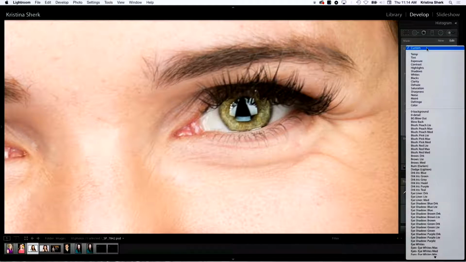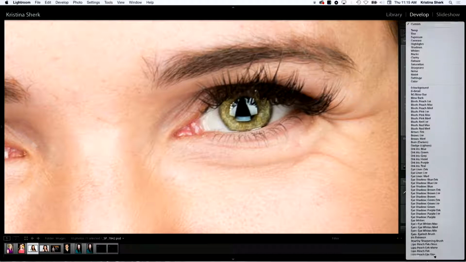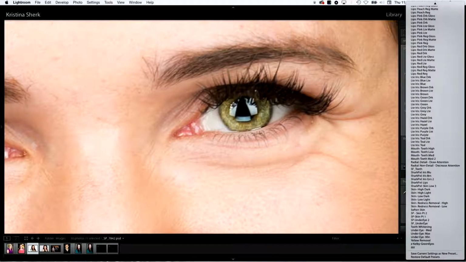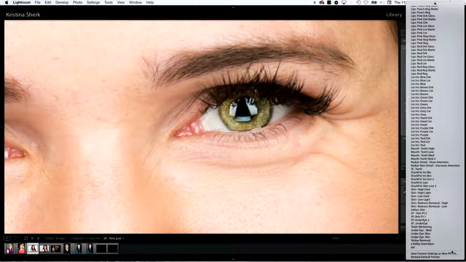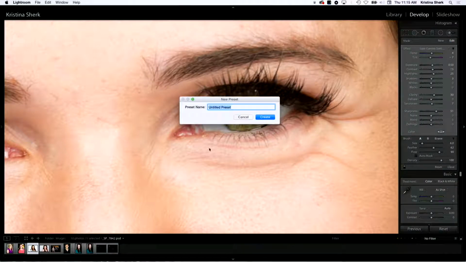So let's come to our custom flyout menu here, and what we're going to do is scroll all the way down to the bottom. Now your list will not be anywhere near as long as my list. I have over 100 retouching portrait brushes in my list at the moment, and that's why my list is so long. So we're going to choose to save current settings as a new preset. And so we'll go ahead and choose that, and then we're going to name this brush. So let's name this brush Z,